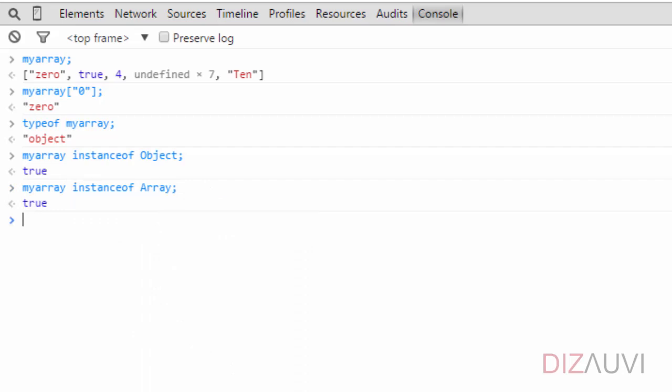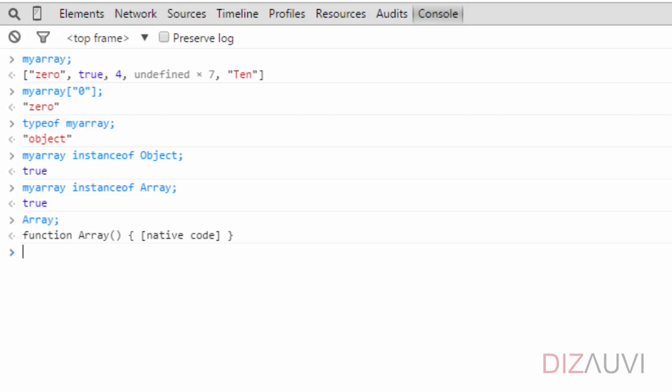And what is this Array? Well, let's just type Array and see what JavaScript evaluates it to. Array turns out to be a function. Wow, how can it be a function? Well, we will look at this aspect of JavaScript in later chapters. For now, just understand that arrays are implemented as objects.